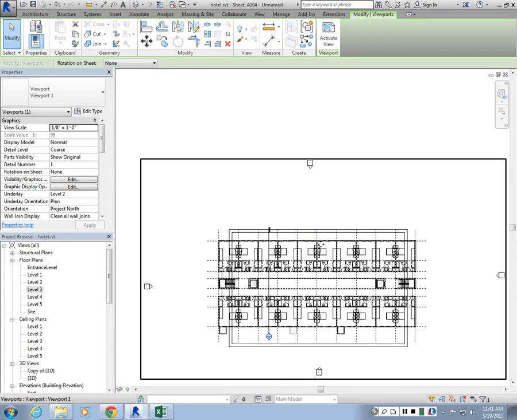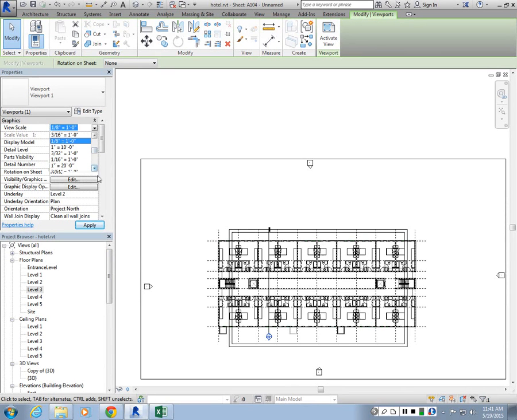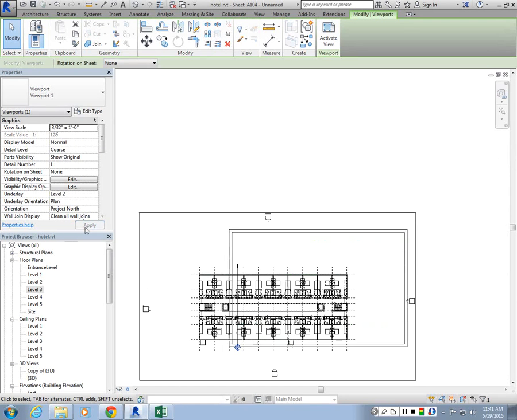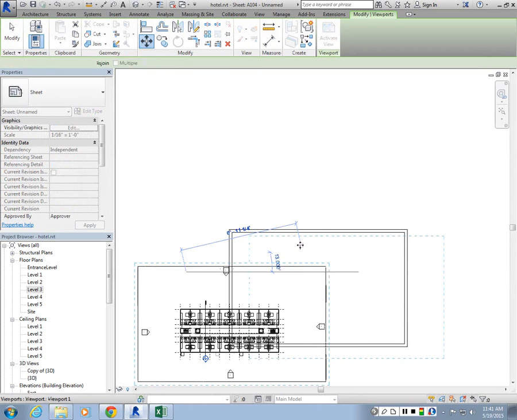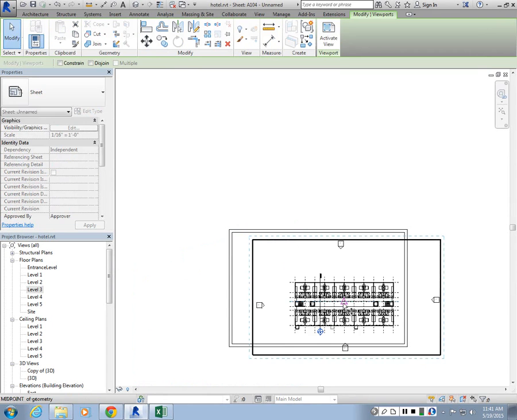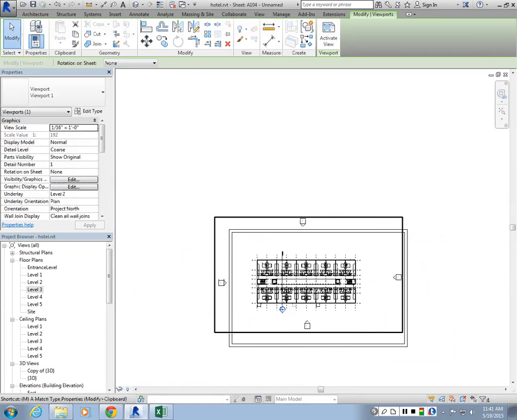So I'm going to choose the viewport, go to view scale, and decrease it until I get a scale that fits into it. So I'm going to switch to 3/32 equals 1 foot. Hit apply. This is still large. I'm going to make it 1/16 equals 1 foot, and this seems to be fitting. Now I'm going to move this somewhere on my sheet,